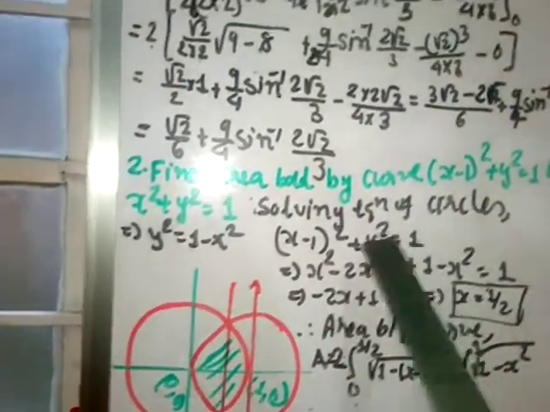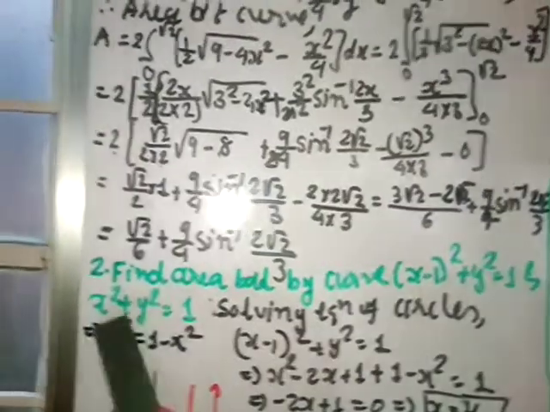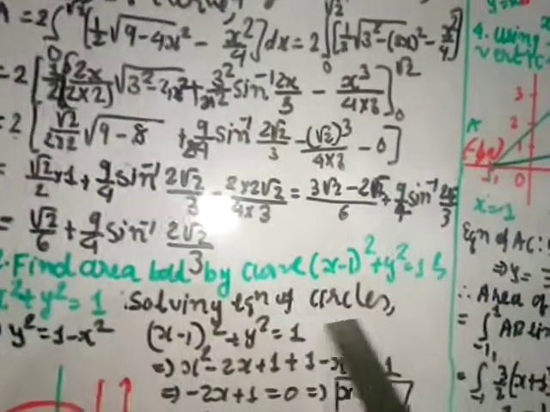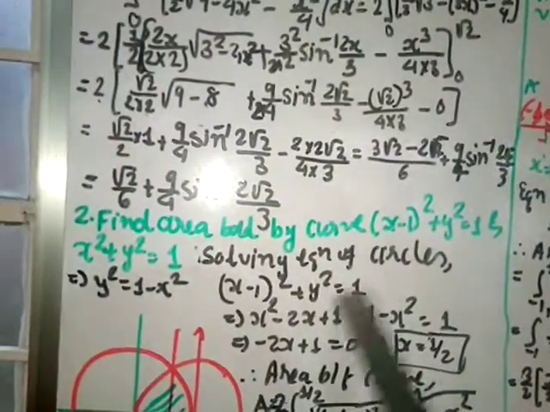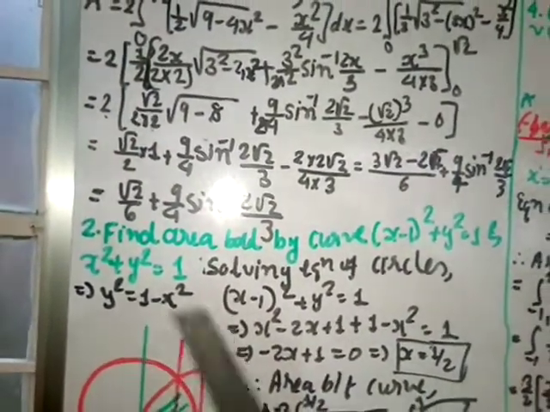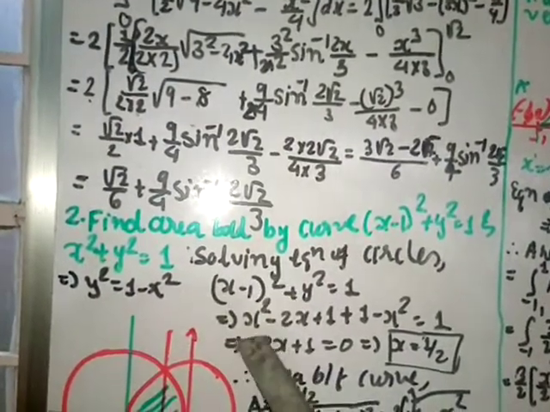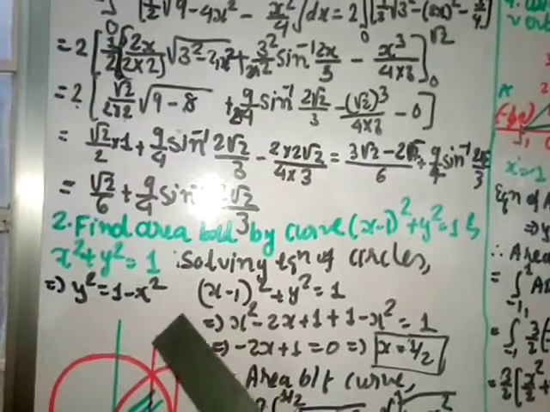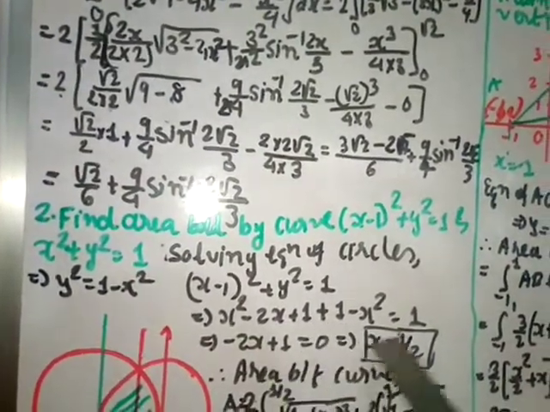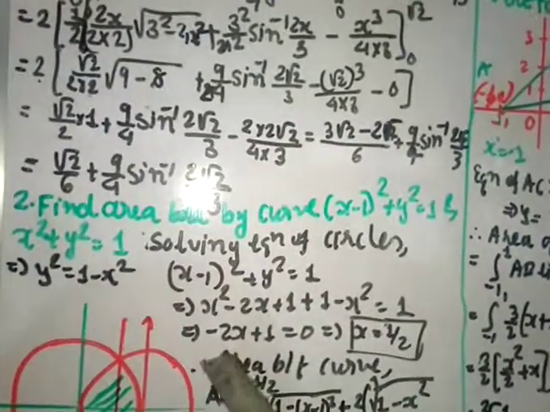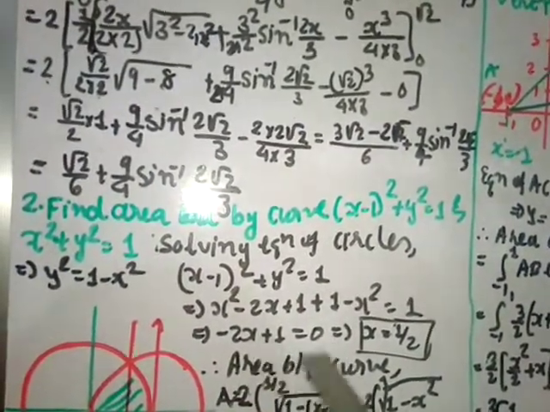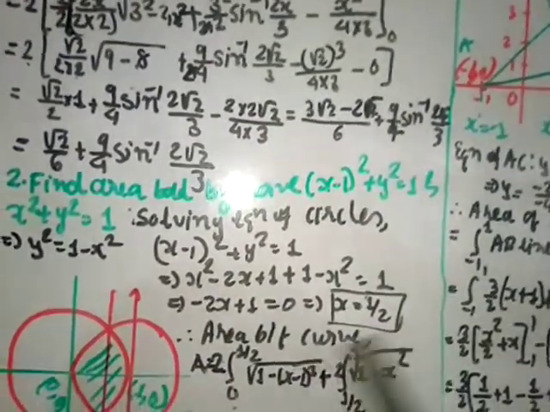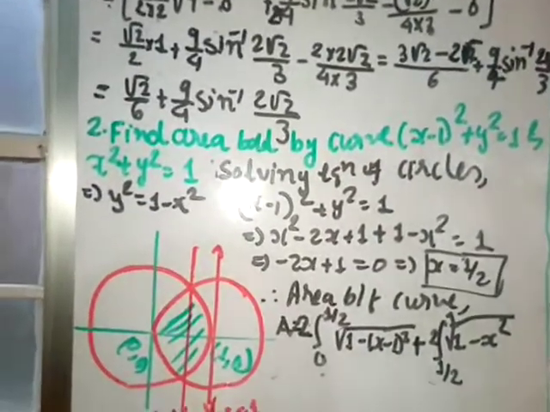So first I'll find this intersection point. Let us solve both the equations. From here I'll put y square is equal to 1 minus x square in this, instead of y square, in the equation of the circle x minus 1 whole square plus y square is equal to 1. And I am expanding this, a minus b whole square, so x square minus 2x plus 1, and instead of y square, 1 minus x square, plus x square minus, cut 1 plus 1. 1 over here, 1 here, so cut. So here remains minus 2x plus 1. And then when you transfer here, it becomes minus 1. Both are negative, so cancel. So x value you get 1 by 2. So the intersection is at x equal to 1 by 2.